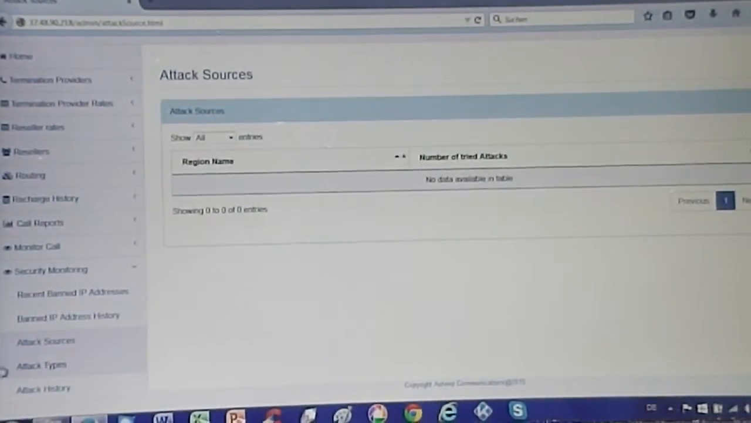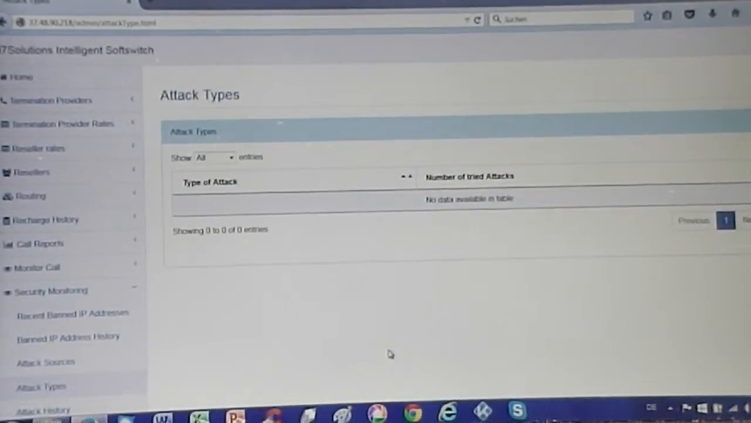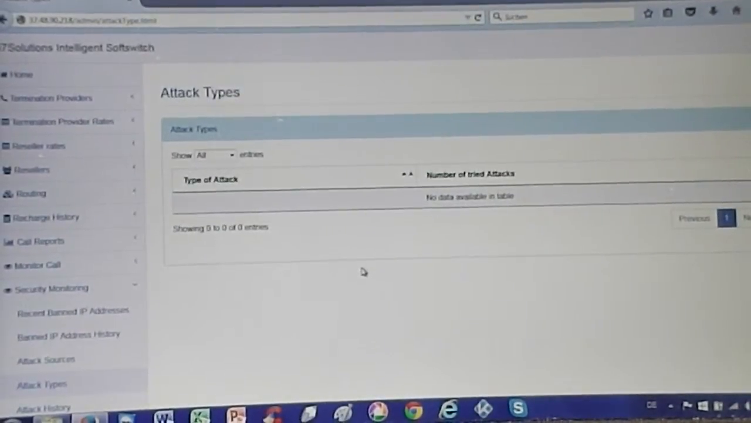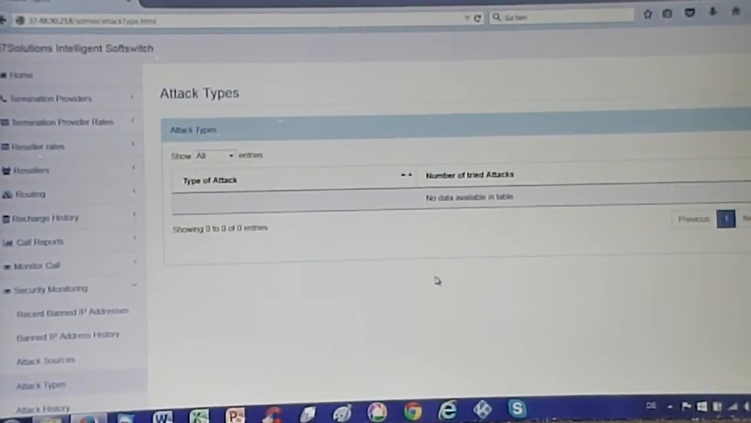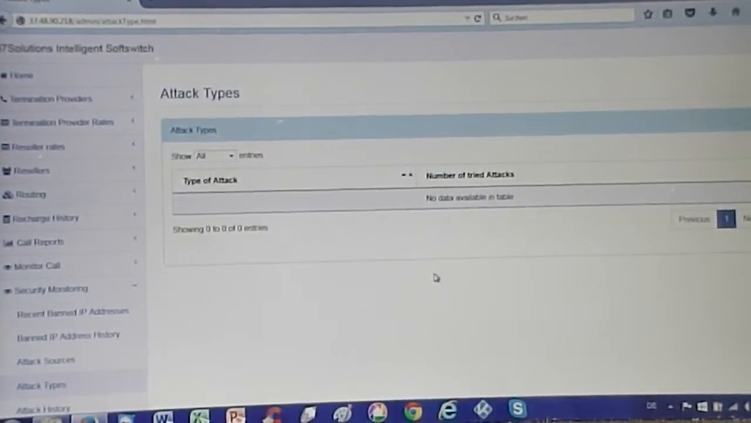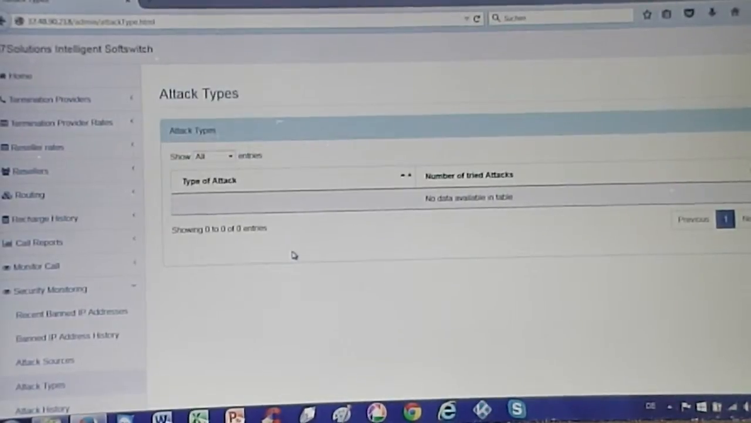It will also list the different attack types. Again, there is no data available, so that means your switch is running quite well. Of course this is a demo switch, used only for demo purposes, so that's why there is no data available for the moment. But in your case, if your switch really carries no data here, then either you're really lucky or your switch is not running at full power,